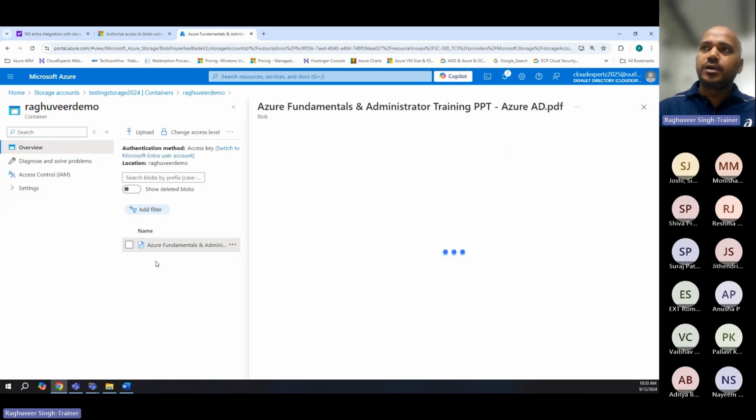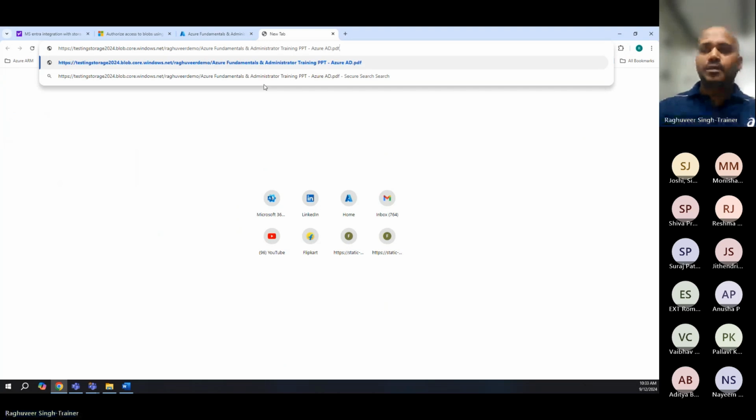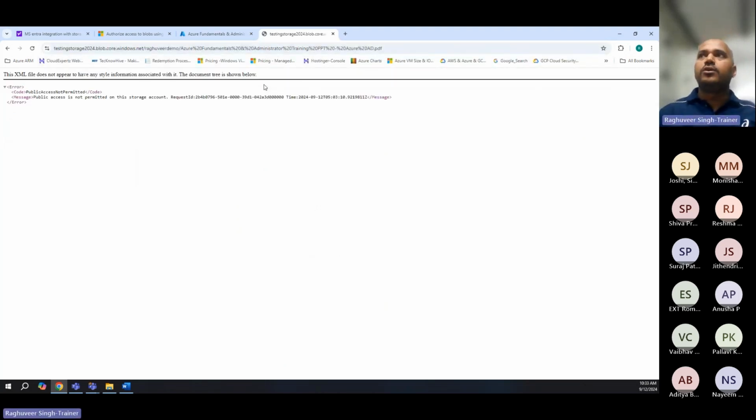For example, this is my object. Even if you have this URL with you, if you type this URL in the browser, it will not work. It will say public access is not permitted on this storage account, right? So public access is not permitted. However,